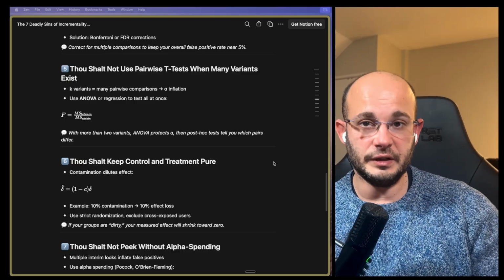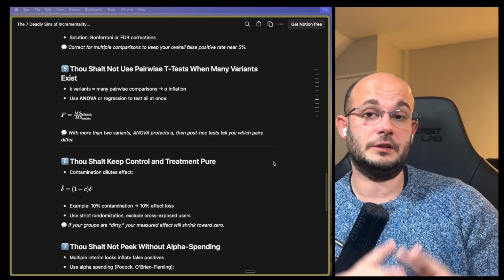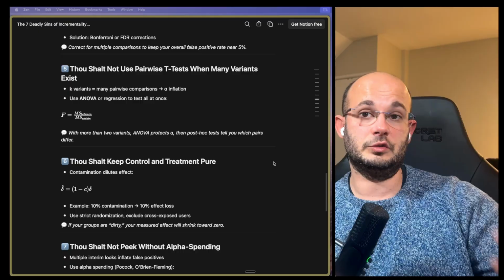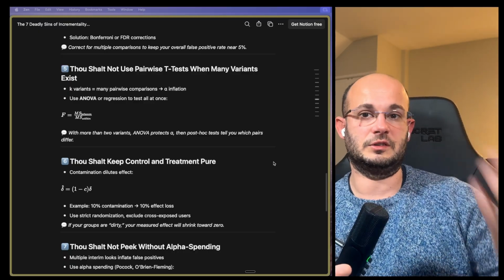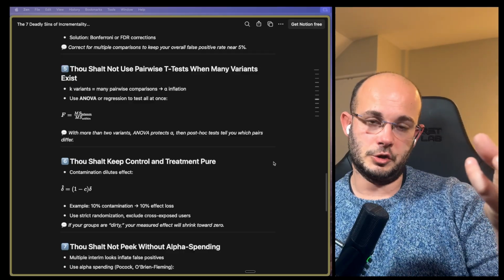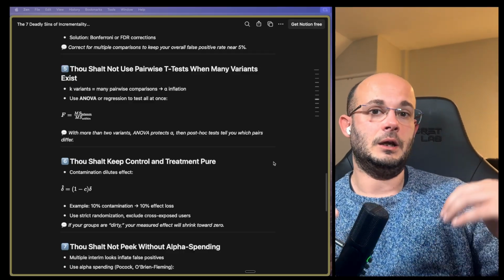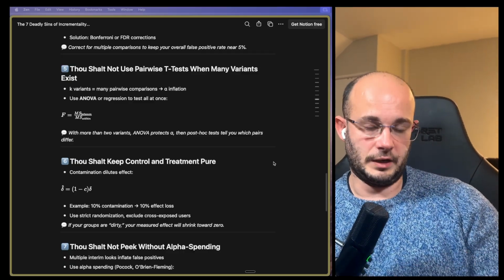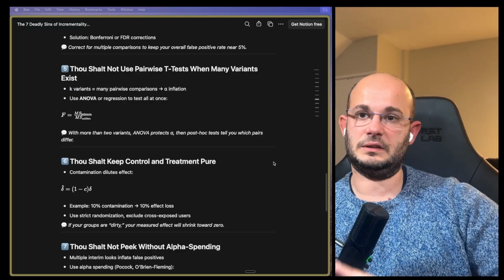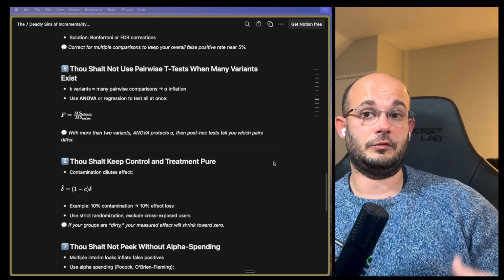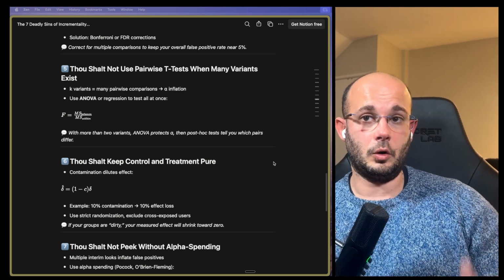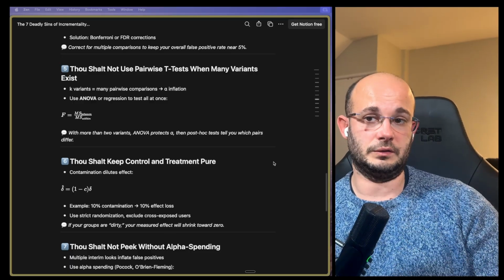For instance, GeoLift, Meta's library, when it's using multicell, which is kind of what we're talking about, is going to use a regression underneath to give you the test results, because you're not comparing simply a control A with a test B. Anytime you have more than two variants, this is marketing, product analytics, any type of test, you need to use ANOVA or regression to test it all at once.